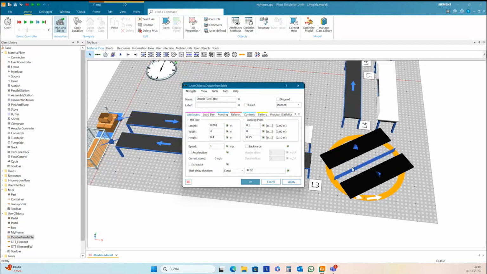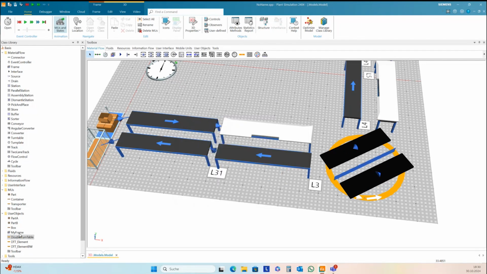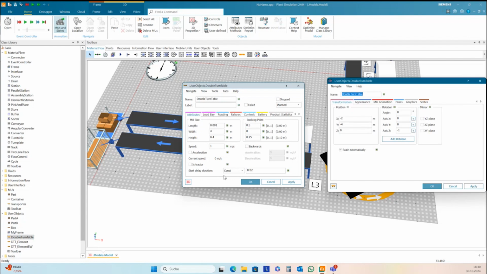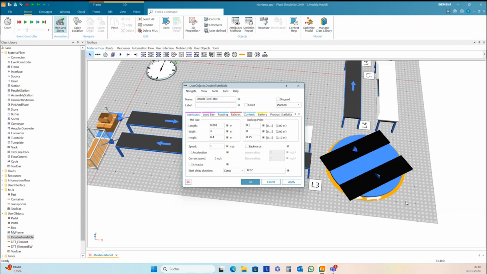And now you see it again scales this. And so I need also for the turntable to switch off in 3D the automatic scaling. And this I make so that I have a better control about the position of the turntable. I don't need to calculate where I want to stop. I want to stop on the start here.